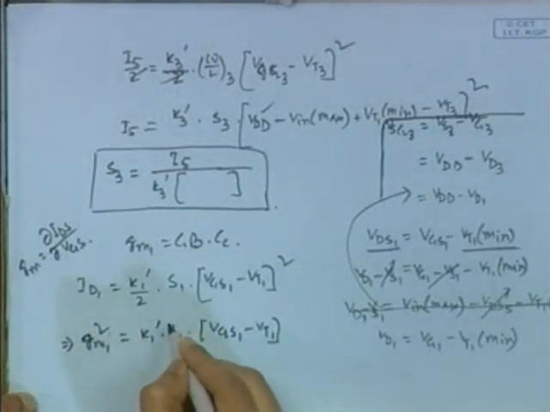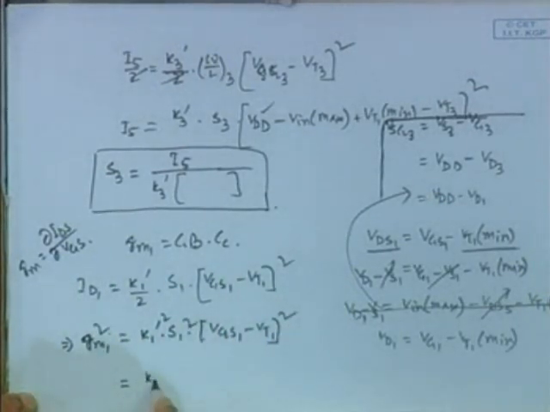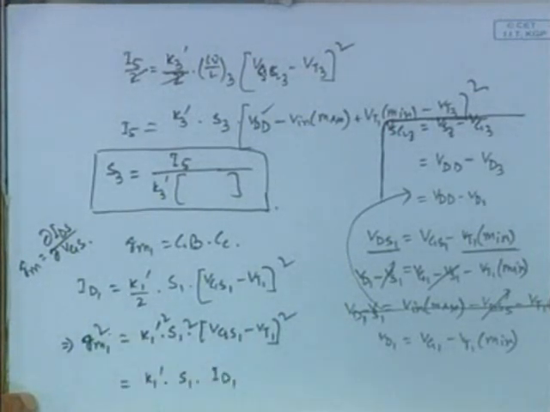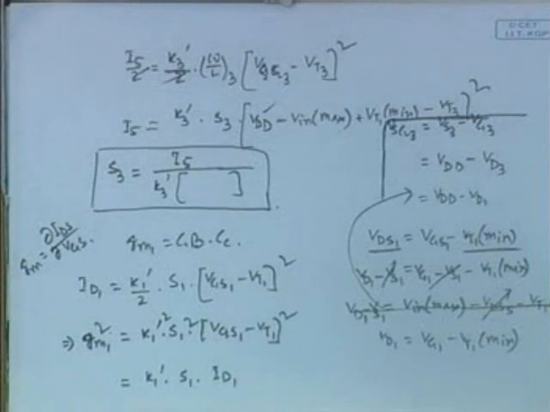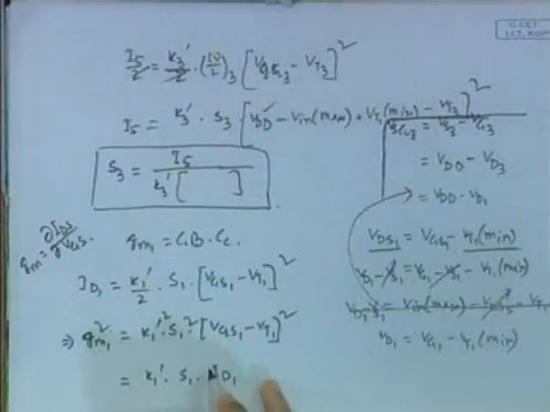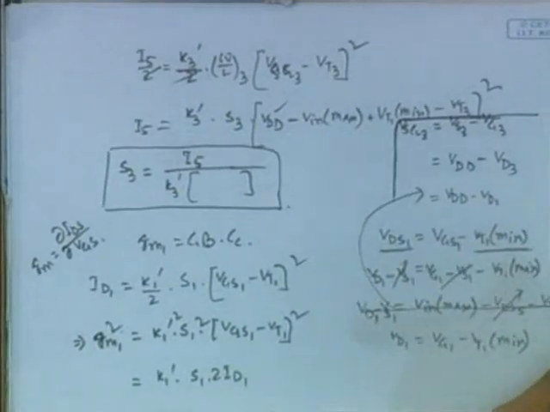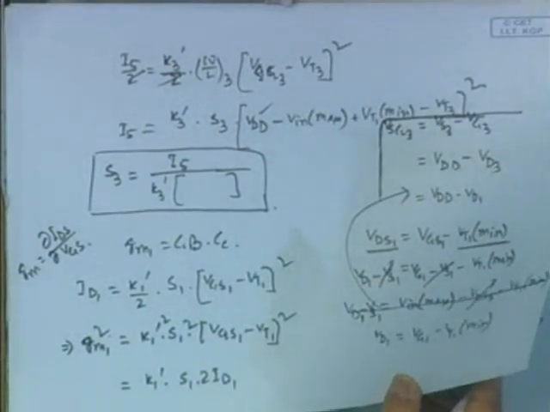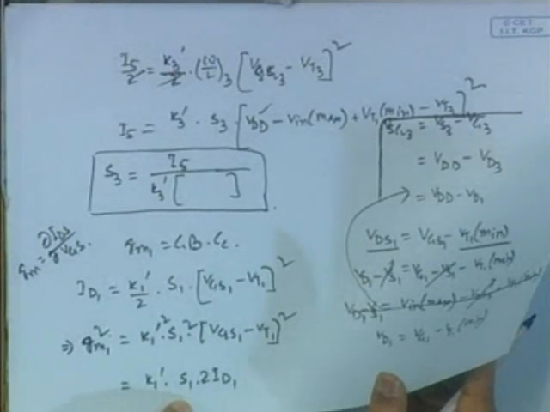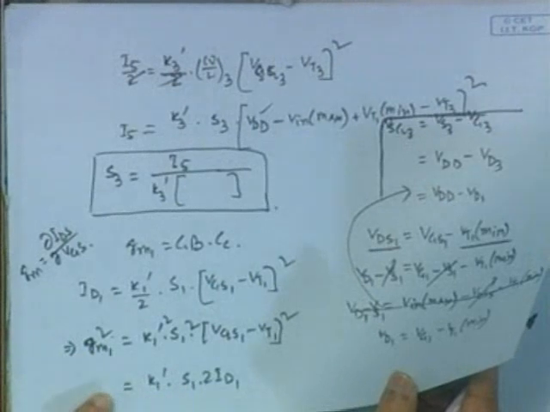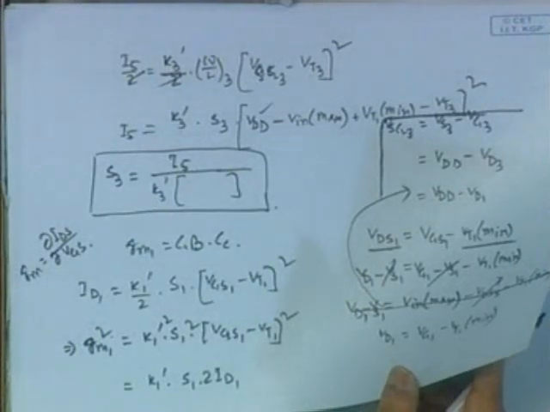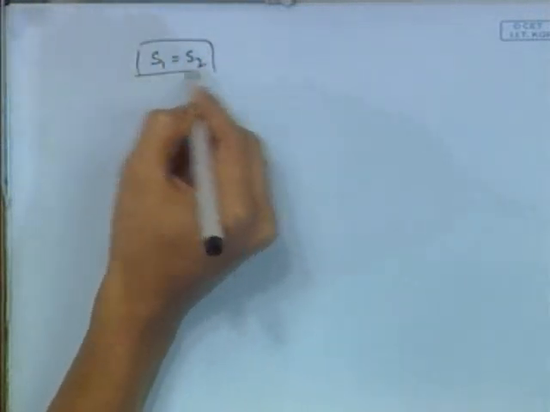We are just squaring both sides and then replacing it something like this, isn't it? We are just squaring up, then K1 S1, oh sorry, 2 ID1 this should be, we are just replacing that thing. This is a simple calculation. So GM1 square is something like this. So from here S1 can easily be calculated: GM1 square divided by K1 dash into twice ID. What is twice ID1? Twice ID1 means basically I5, the tail current. So S1 is known to us, that means S2 is known to us.